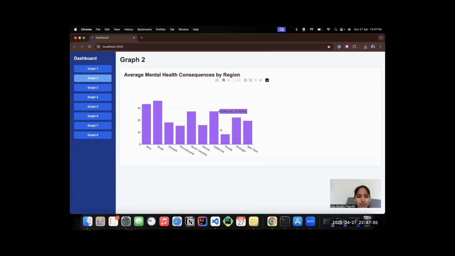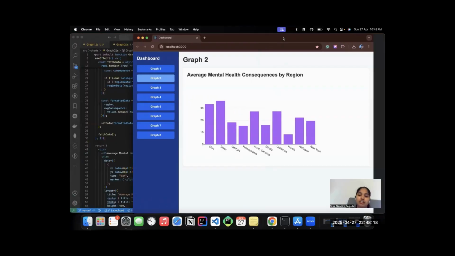So in the graph, a higher bar means more people facing mental health issues in that region. For example, Texas and Ohio have higher mental health issues compared to others. So it is useful for targeting mental health support programs regionally.